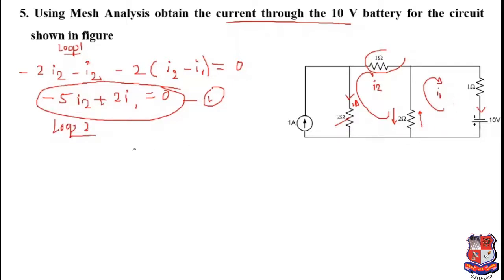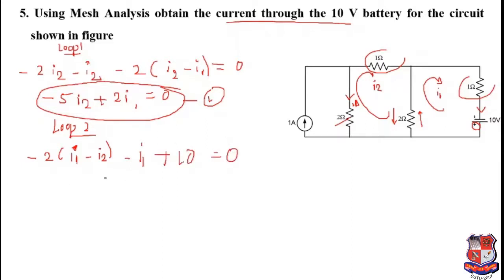Let us solve. We will start from this 2 ohm resistance. Negative sign first of all because of the drop across the resistance, so minus 2 times. Now when we solve loop 2, I1 is taken as the reference, as positive. I2 is flowing opposite to that of I1, so I1 minus I2. This is the change we should know. Minus 2 times (I1 minus I2). Over here, 1 ohm, so minus I1, then the current is leaving from the positive terminal, so plus 10, and this will be equal to 0.